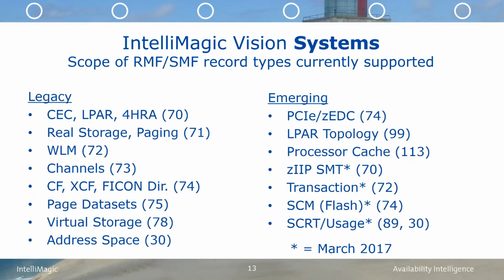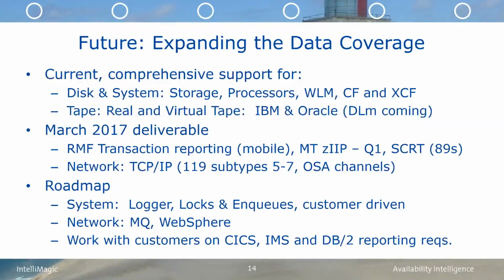So down the road, we're going to be including as well TCP/IP, which has been getting some good reviews from the early testers. That's coming in March. OSA channels, the SMTs on the zIIPs, and the SCRT kind of reports out of the 89 records. So we're doing a lot of things. Our ambition is actually to be the only analytics solution you need for the performance and availability requirements out of the RMF and SMF data. And we've made good headway on that over the decades that we've been working in this environment.